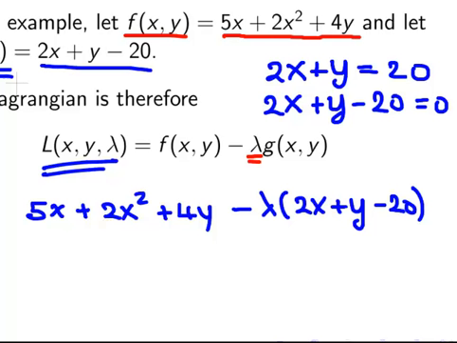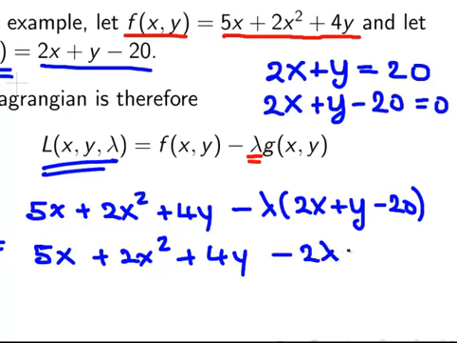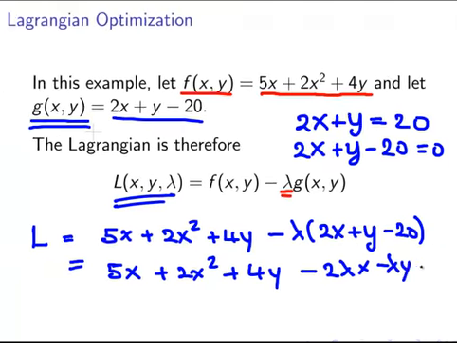Simplifying that, we could say 5x plus 2x squared plus 4y minus 2 lambda x